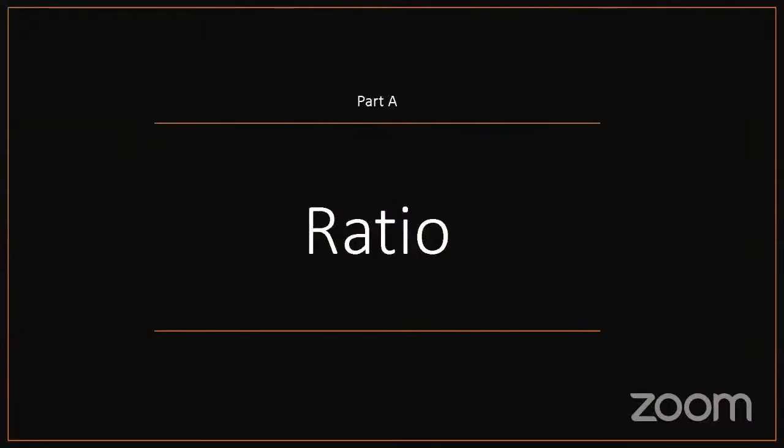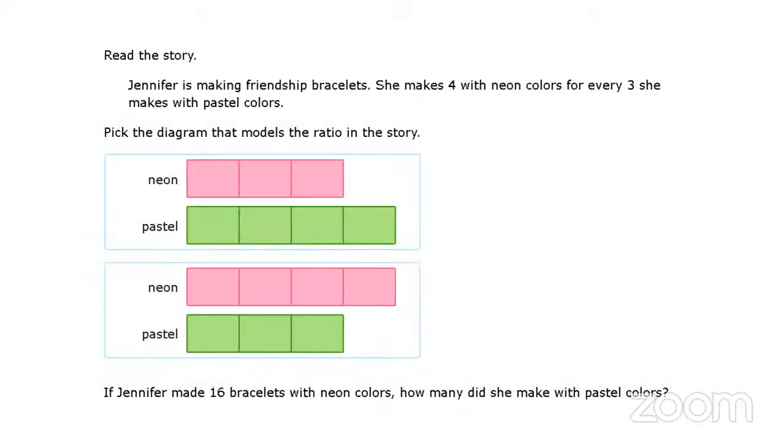All right, so the first set of items we will be looking at are ratio type items. So when we talk about ratio, we talk about sharing, we talk about proportionality, we talk about all those kinds of things. Ratios are also in fractions as well, and so on. And that is what we will be starting with. We won't be spending a lot of time on ratio, and we will tap into a few more important topics that we may see on this exam. All right, so the first question is,